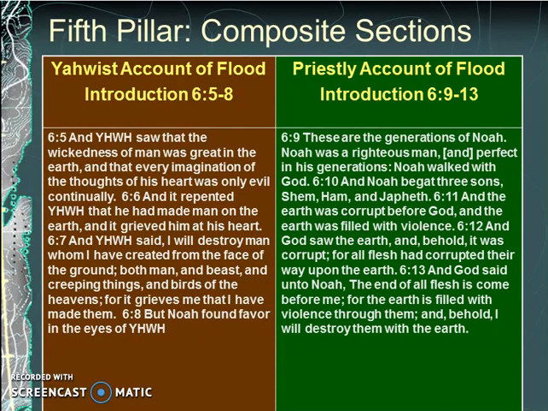Now, what I would like for you to do is to compare the columns. On the left, you'll see a column that shows the Yahwist's account of the flood according to the Wellhausen sources. And on the right, you'll have the priestly account of the flood